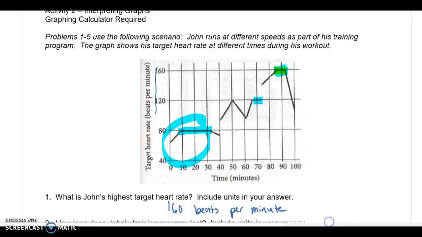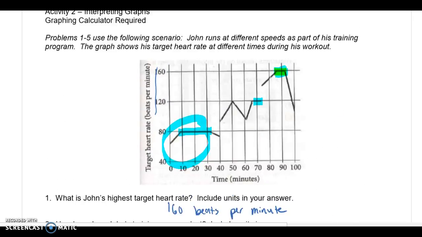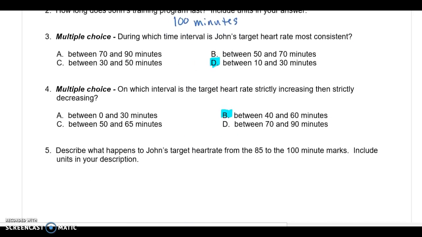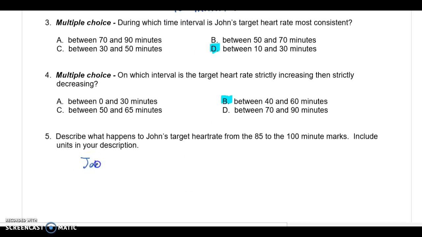All right, so John's highest target heart rate is reached at 85 minutes and lasts until about 92 or 93 minutes. So John reaches a target heart rate of 160 beats per minute